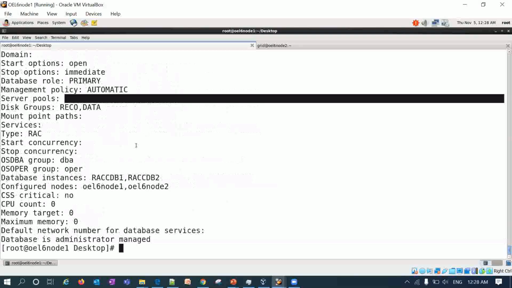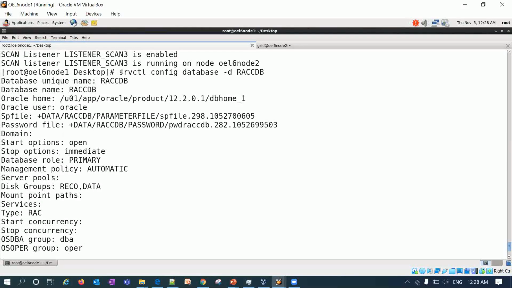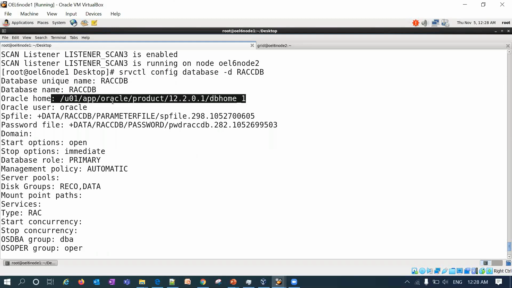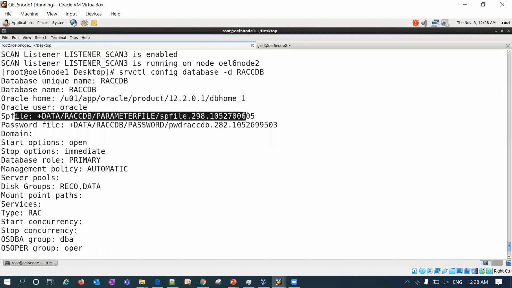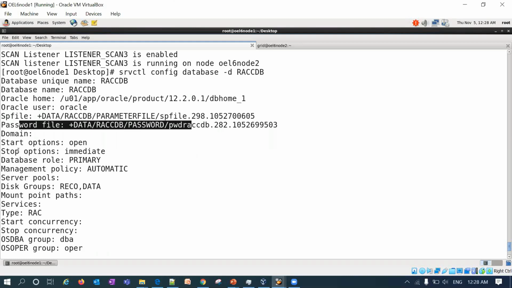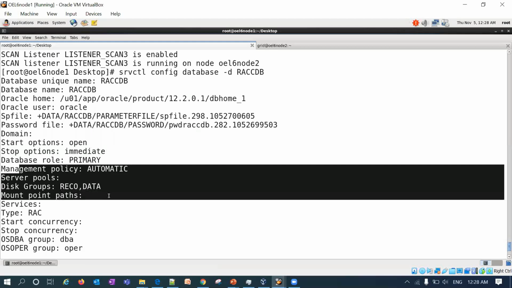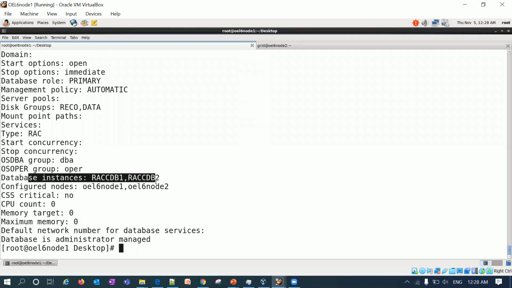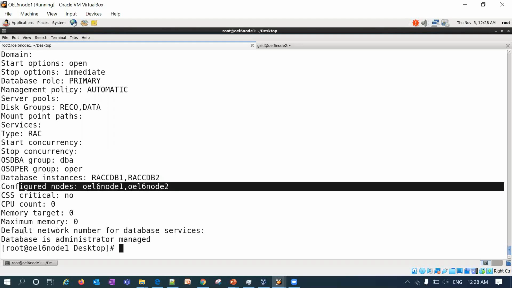SRVCTL config database gives you a lot of information: RAC unique name, RAC database name, Oracle home, user, where your SP file is, where your password file is, start option is open, stop option is immediate, role, the disk groups, and the instances, instance 1 and instance 2, running on node 1 and node 2. Everything you can get with that.